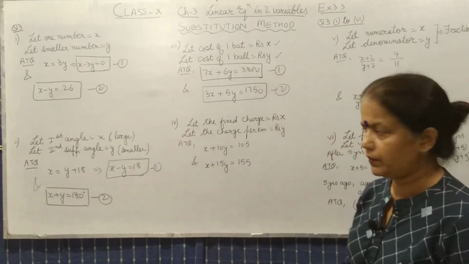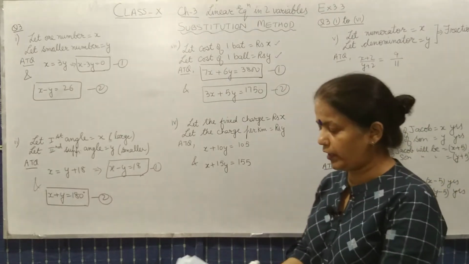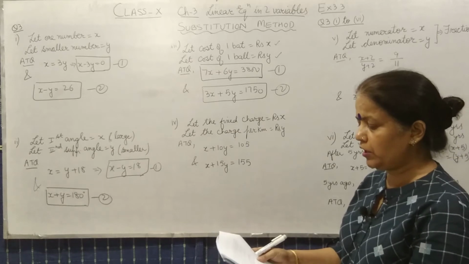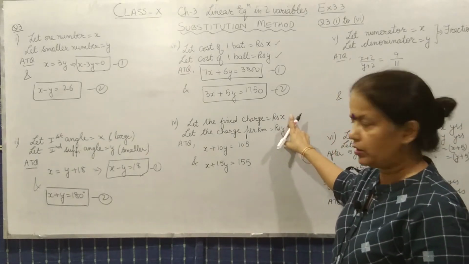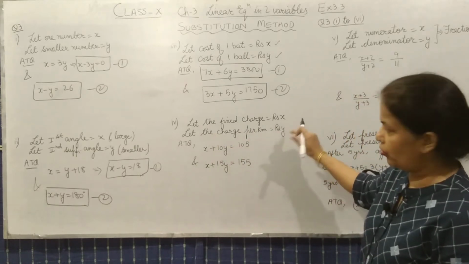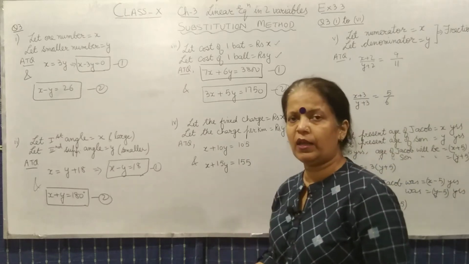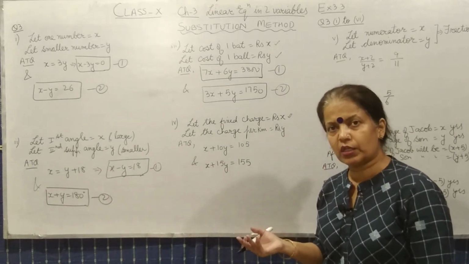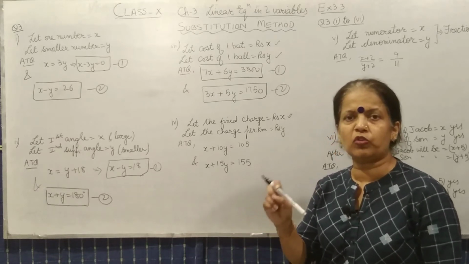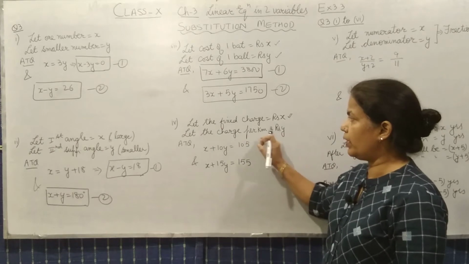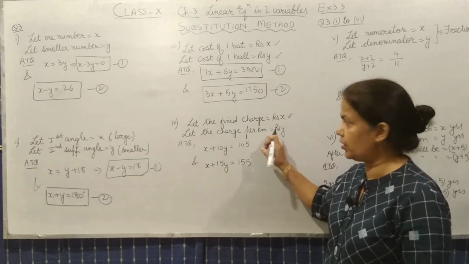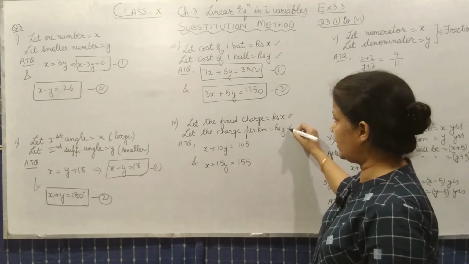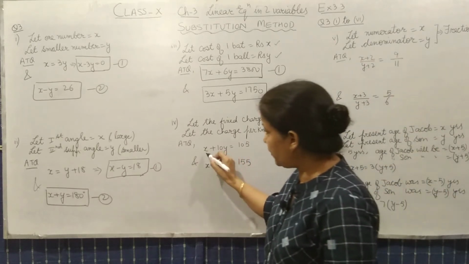In the fourth part, this question is related to the taxi charge. It is given that the taxi charge is a fixed charge and a charge per kilometer. So the fixed charge means, whatever the fare, the customer who goes, whether fewer or more kilometers traveled by taxi, has to pay a fixed amount, plus whatever kilometers have been traveled by that person, at rupees y per kilometer. Now let the fixed charge be x and let the charge per kilometer be rupees y. So this fixed charge has to be paid.